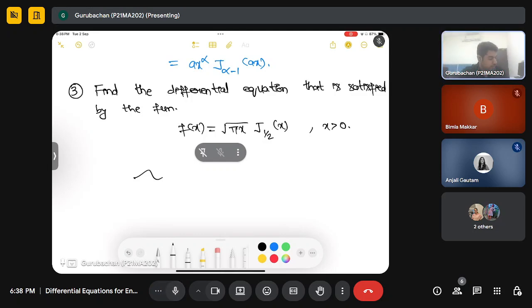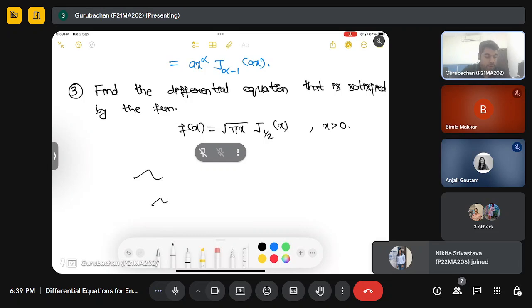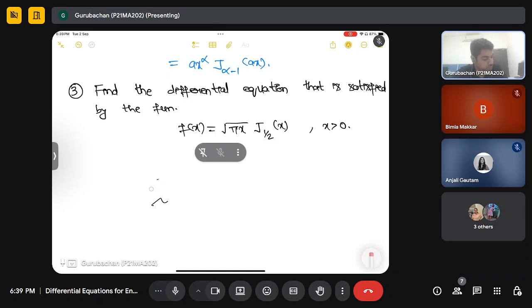So let us discuss it. So what we can do here, we know that j half x, so there will be two approaches. Method one will be like this. We know that,